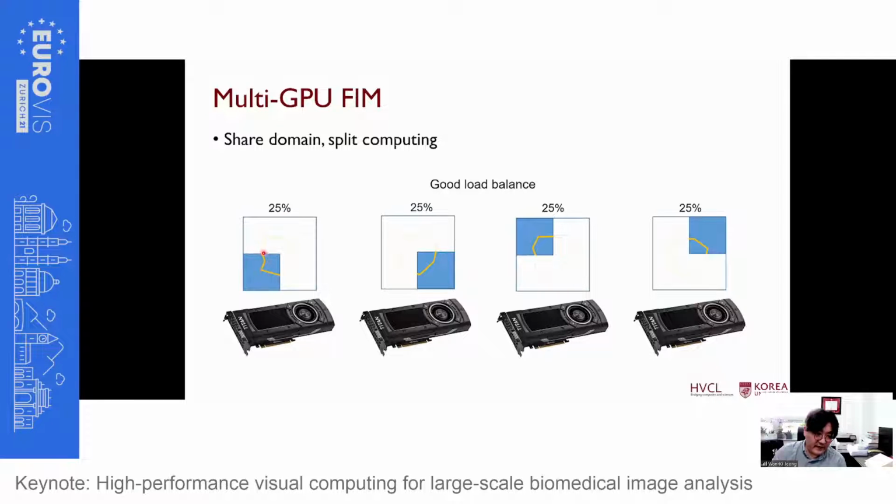If we have an active list in this way, then this yellow line is the task size. So if we are lucky, then as you can see here, roughly 1/4 of the active list will be assigned to every GPU. So this is actually good load balance and an extremely happy case.